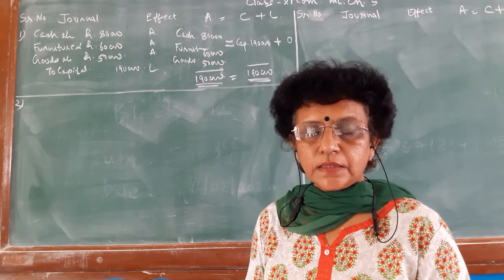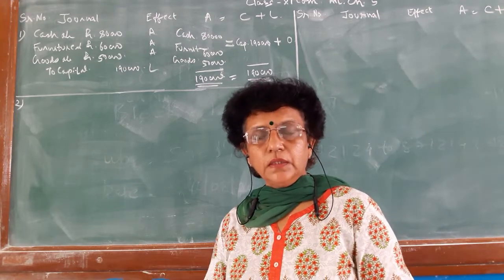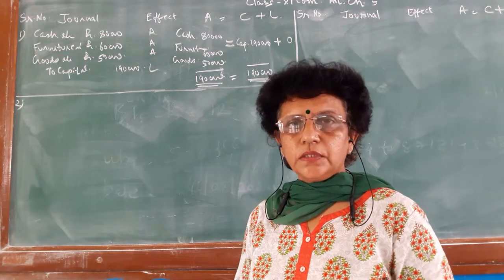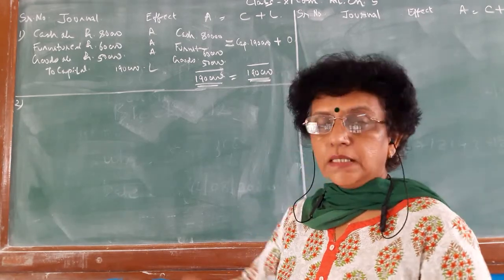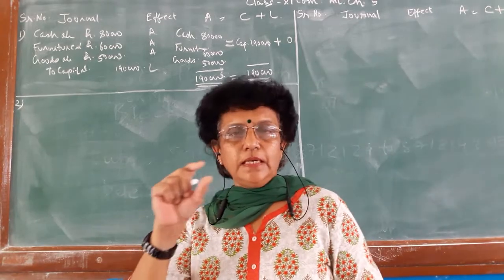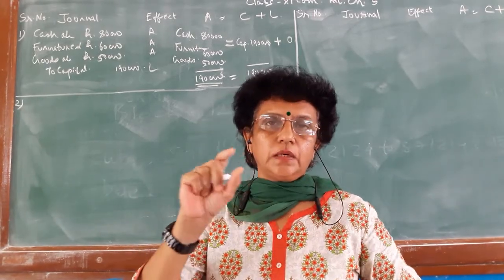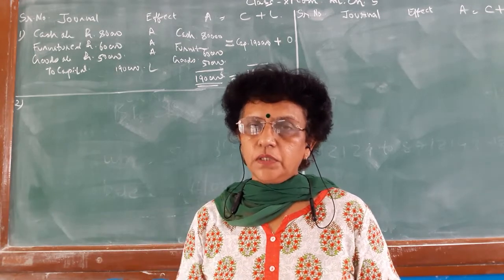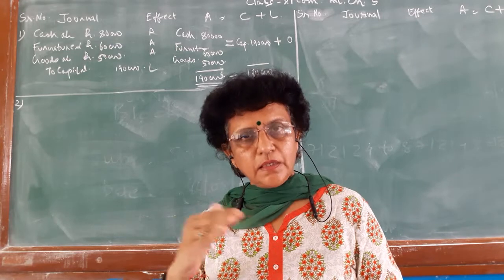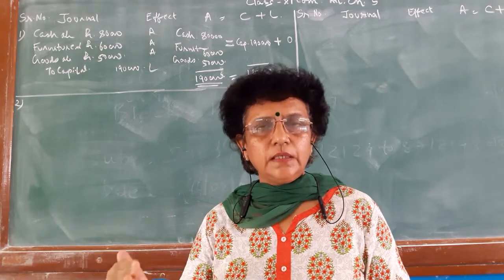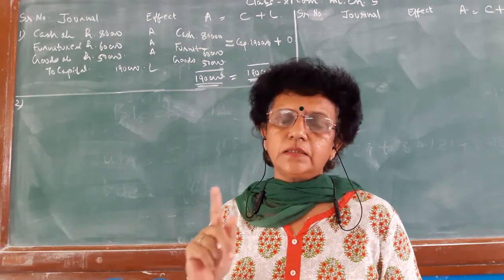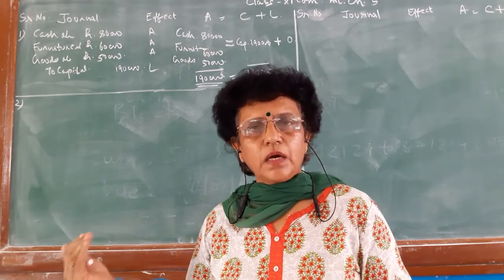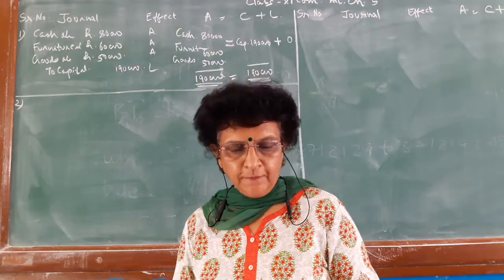One more practice. Last class we learned how the accounting equations are to be done. A few more transactions we are practicing. In the last class we saw the journal entry in which you have the accounting equation for a business starting. But every year a business is not going to start. You may have the continuity of the business. So here we have the opening balance of the business, and according to that, how we have to begin the accounting entry.